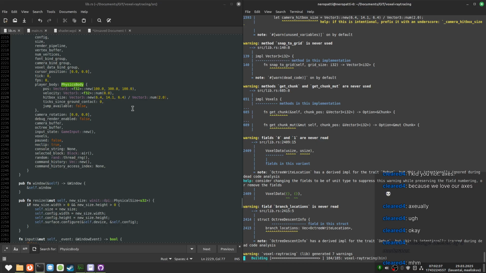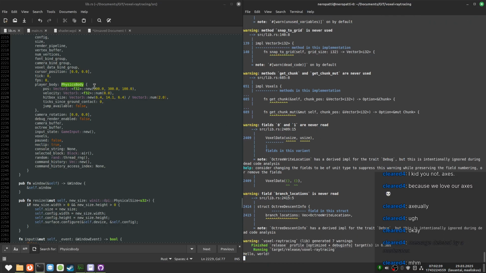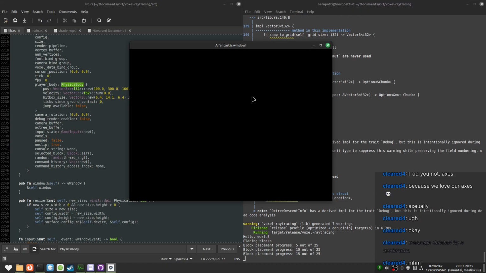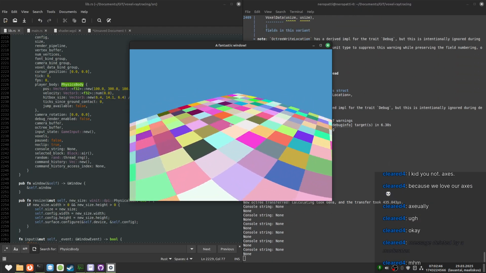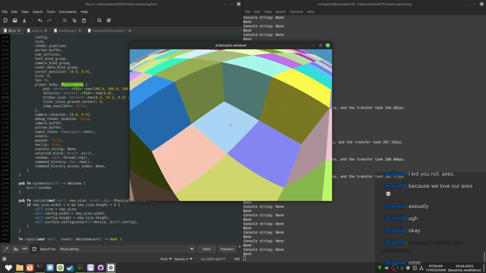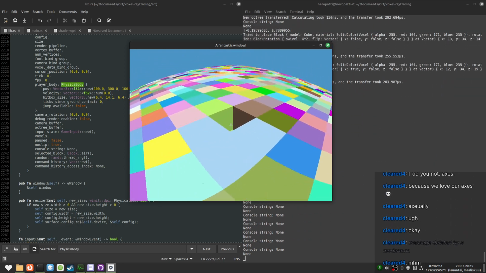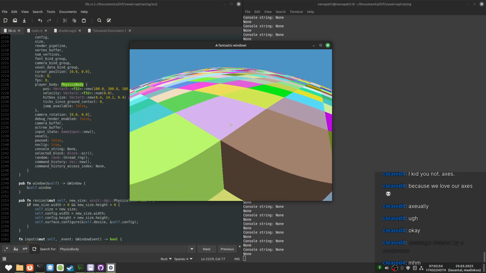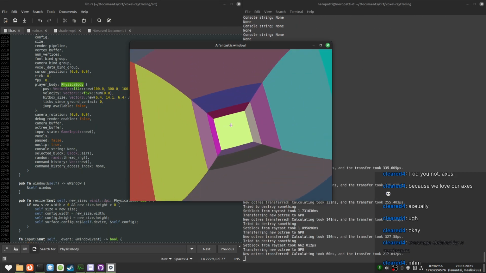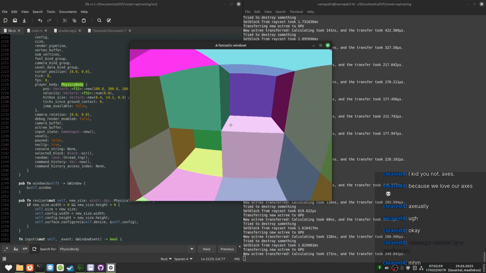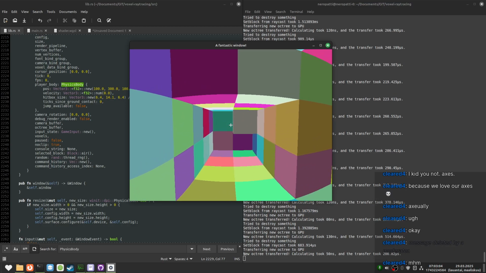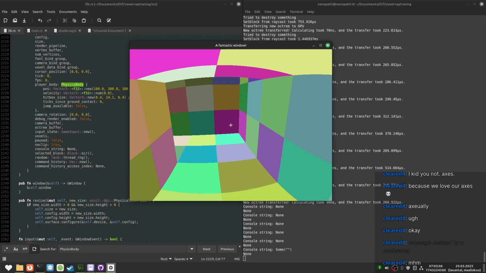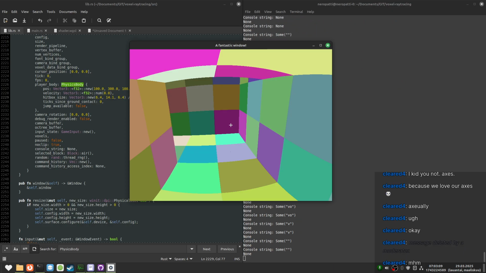It's ugly, but whatever. If I make a constructor for this, then it's more fine. Let's see. Yay, we can move. And it works. And we're the correct size. Yippee. Yay. Material, color.